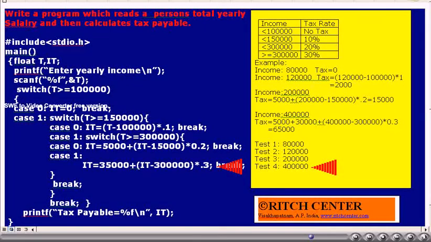Now consider that the user has entered 4 lakhs, that is 400,000, as the total income of a candidate. So the outer switch statement is true, thus case 1 of it will be executed. The middle switch statement expression value is also true, that is case 1 of it will be executed. And then the innermost switch statement expression value will also be 1, thus we will be executing case 1 of itself as shown in the slides.